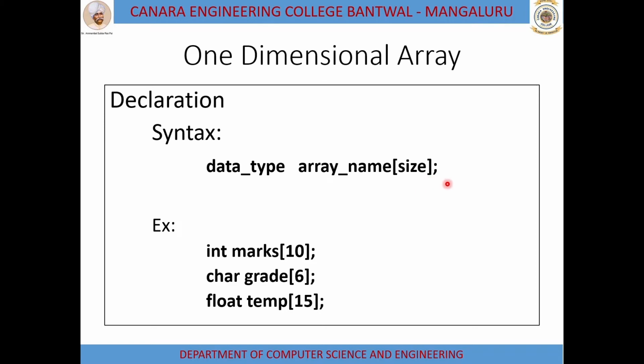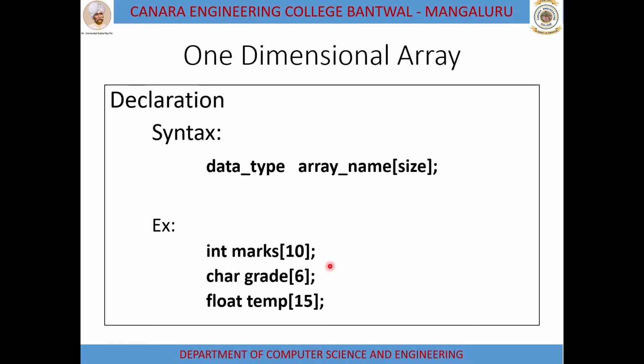In the example here, int marks with size 10 means I have declared an integer array. The name is marks and it can hold up to 10 values, and all the values stored there must be integers.